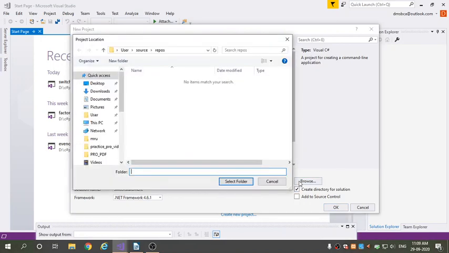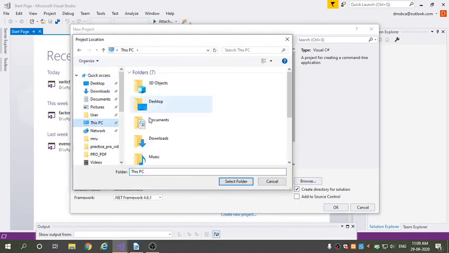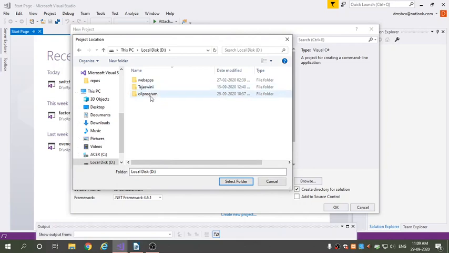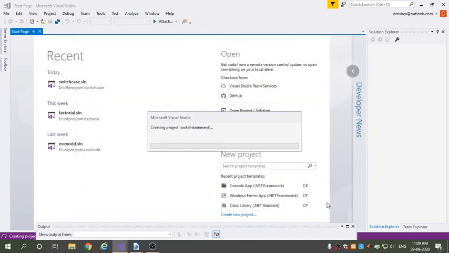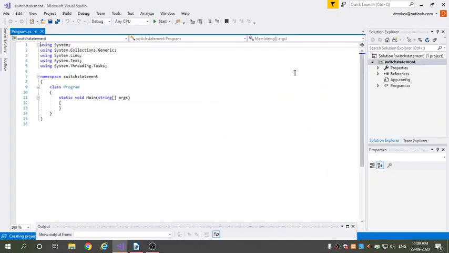For that you have to browse, go to This PC, go to the drive and create your new folder. I have already created one folder, so I choose this folder, C# program, and click on Select Folder and click on OK. After clicking on OK, the C# file will open